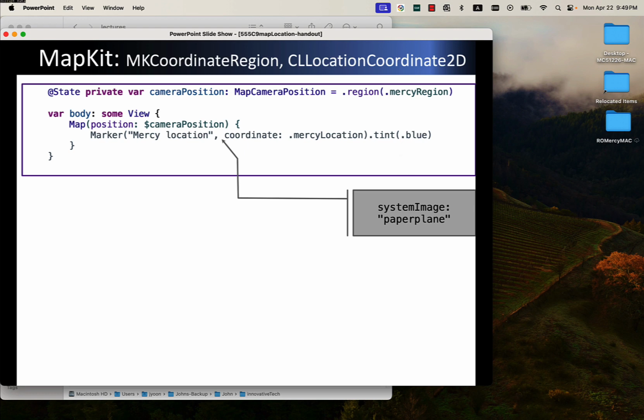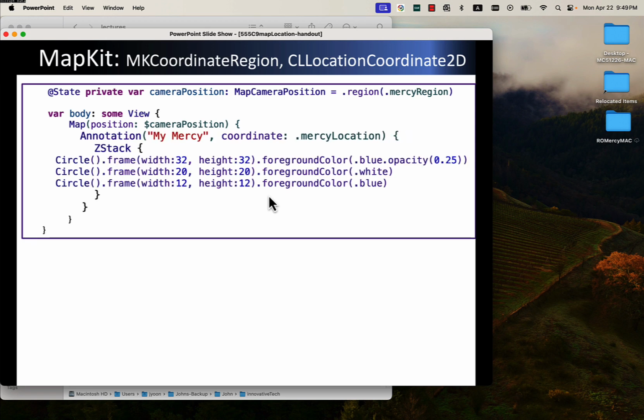There's a default position indicator symbol, but if you want to put a paper plane, then we can also place that symbol on that position. If we want to put some animation, some annotations for that location, in this stack,